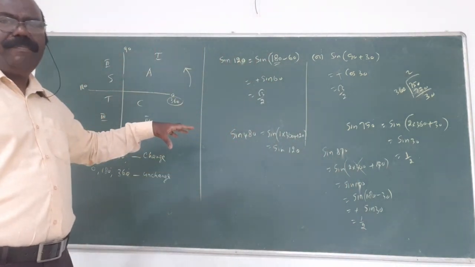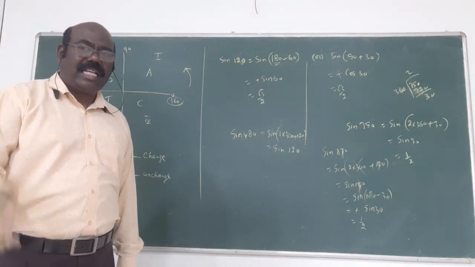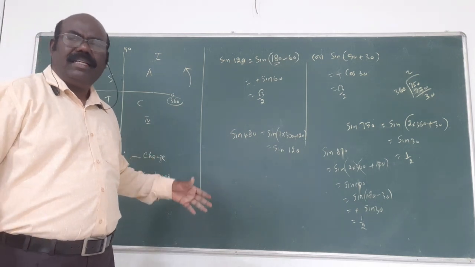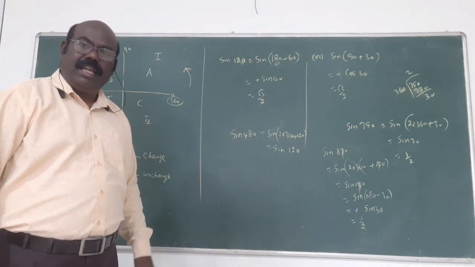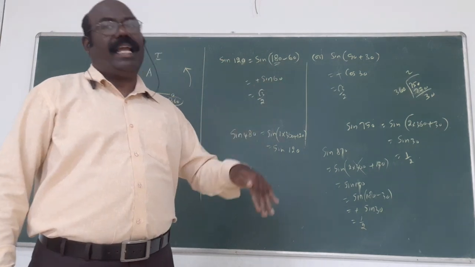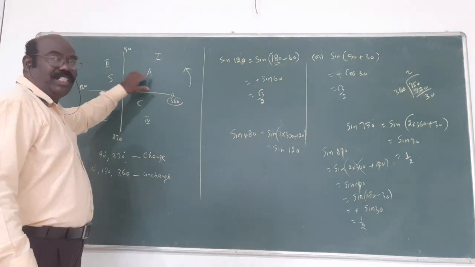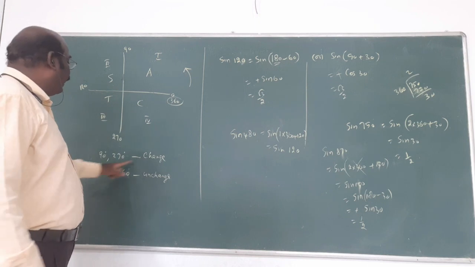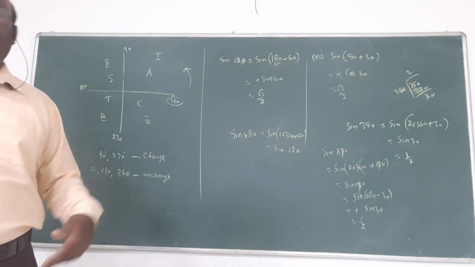This is a fundamental idea. By using this idea, we have so many problems. Not only in 11th standard, in higher classes also, by using this concept, so many problems will come. If you want to put the value of sin 150, in this way you find the value of sin 150. For sin 30 you put the value because we already know it. But for more than 90 or more than 360, this is the idea. What is the idea? The first quadrant, second quadrant, third quadrant, fourth quadrant, A, S, T, C, change and unchanged. That's a small idea. That's all. By using this idea, next problem.